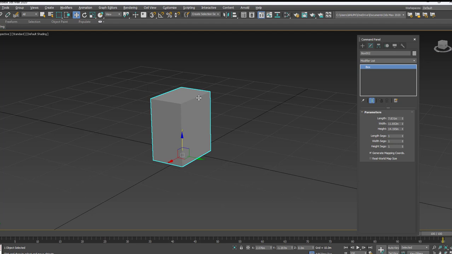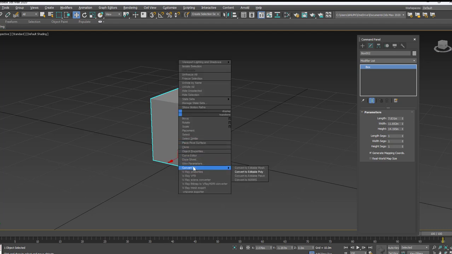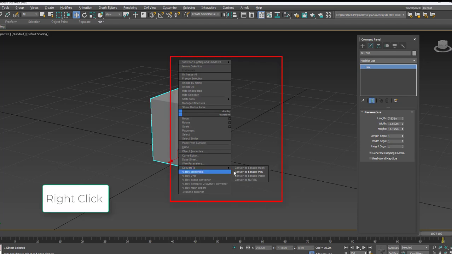Convert to poly is nothing but a way in which we convert each part of this box, so that we can operate the edges of that and then vertices of that and then polygon of that. Because when we go to the modify option, we just change the length, width and then height. So in order to do the advanced modifications, we are going to use the convert to poly. For that, right click and then click on convert to editable poly.